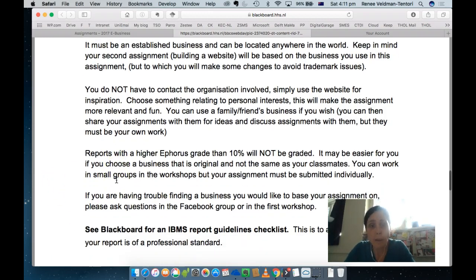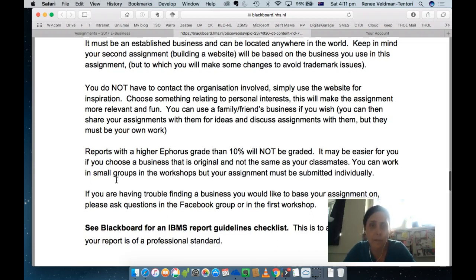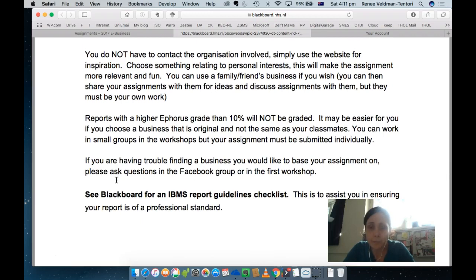We will not grade assignments that have a higher Forest grade than 10, meaning that the text has been copied from another assignment or somewhere else. And some classmates may, very rarely, choose an identical business, but your assignments will be different if you do the analysis yourself.